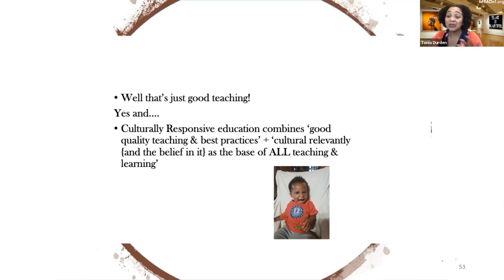However, we don't see it. We showed you the data. It's not happening. It's not happening. Putting a book of a brown child in the classroom is not culturally relevant teaching. Having one conversation about women's rights is not anti-bias education. It has to be deeply ingrained in your thought processes and in the ways in which you teach. It's a whole different paradigm shift from what I've observed